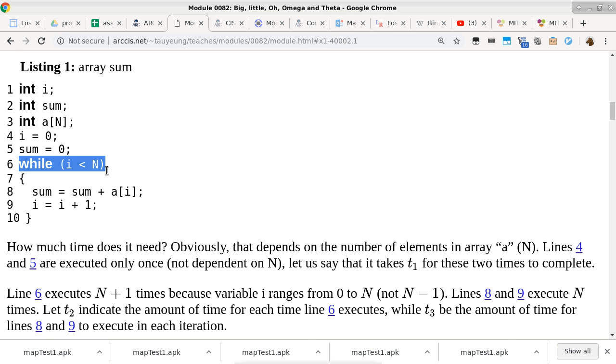line 6 takes n plus 1 times. You're correct, because you need one last time to evaluate whether i is less than n to get out of the loop. So that is correct. We actually evaluate the condition of line 6 n plus 1 times. But after everything is taken into consideration,